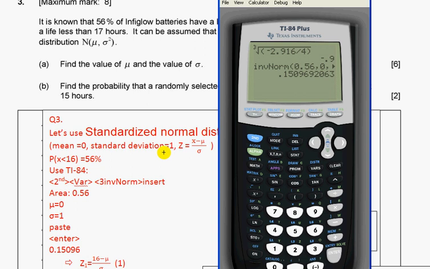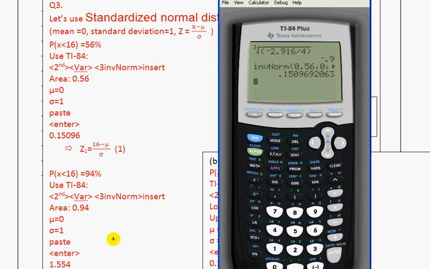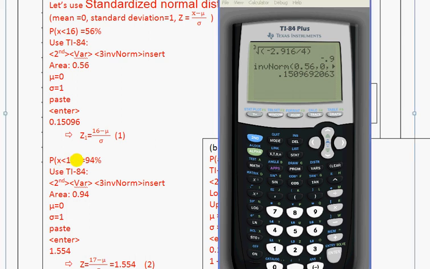Now we should do the same for z2. So z1 will be 16 minus mu over sigma. This is the formula of conversion from x to z or from z to x, doesn't matter. So x is 16 hours, z1 is about 0.15. Now we use second information. When x less than 17, here mistake, as usual. Let me correct it. When we have here less than 17,